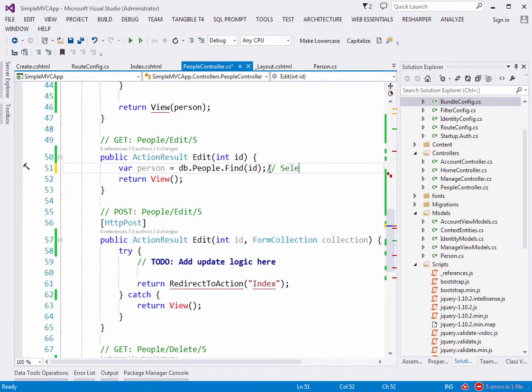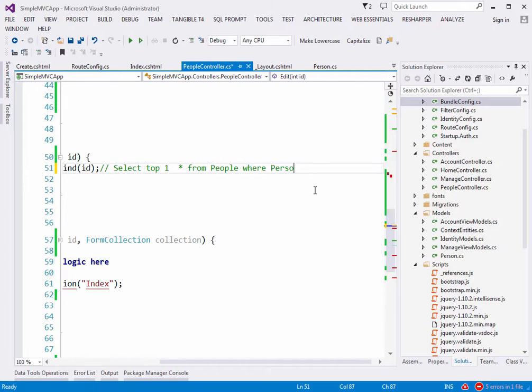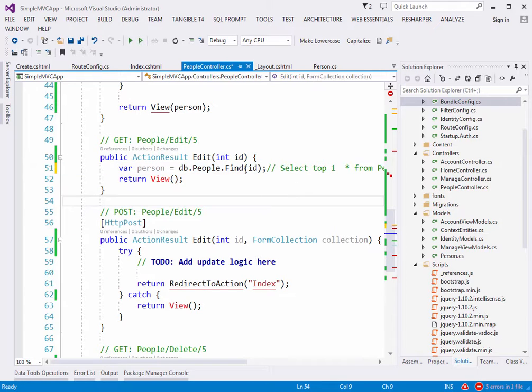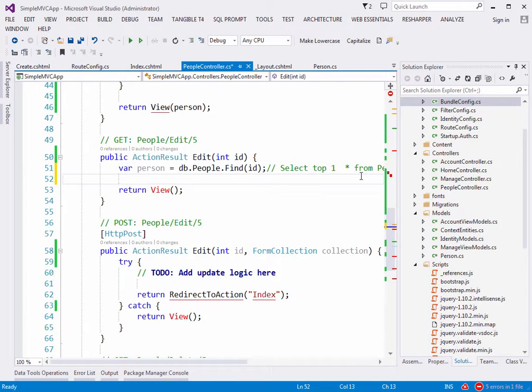It's going to run select top 1 star from the table named People, a query like this where the primary key PersonID is equal to ID. So this is the idea. When you run this, the query is actually run through the SQL Server. So after that, if we have a person,